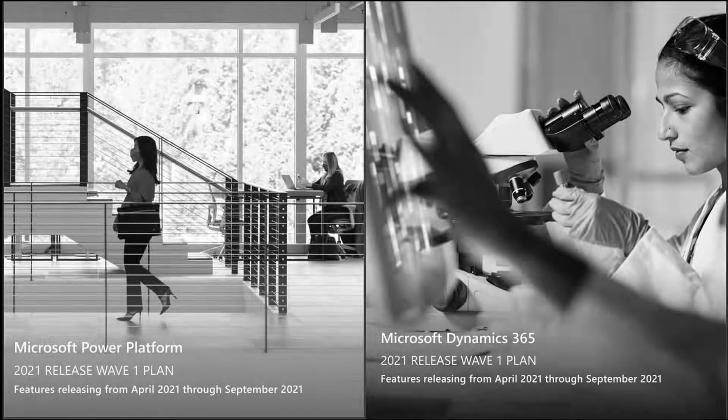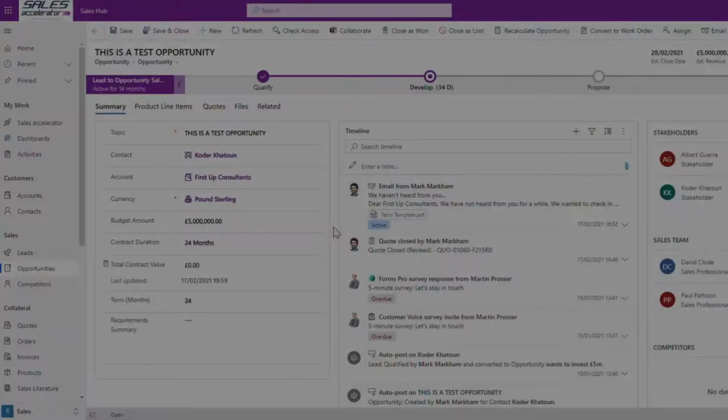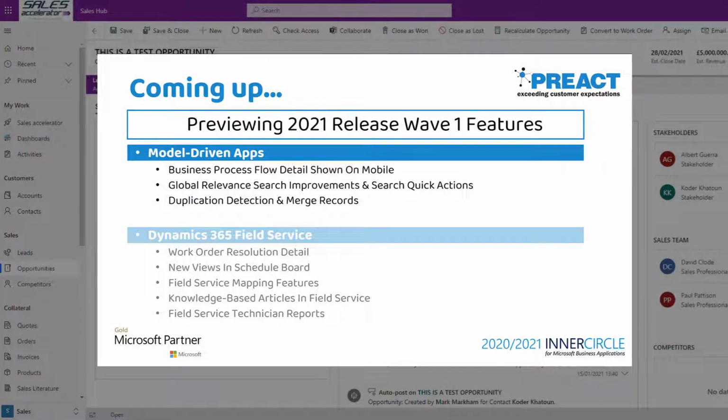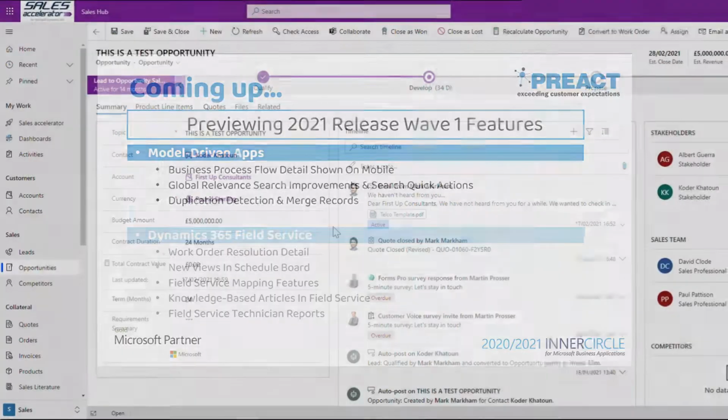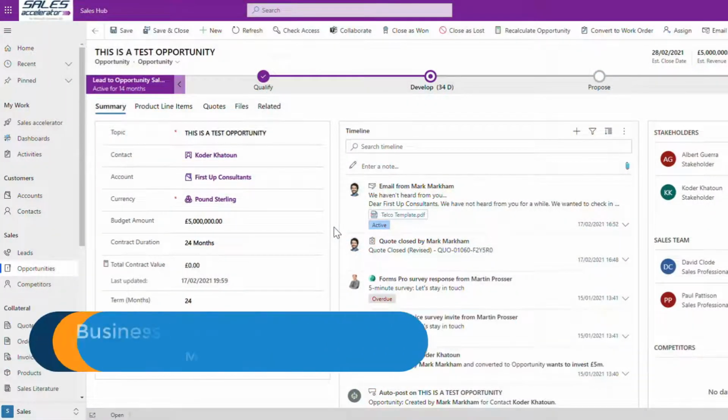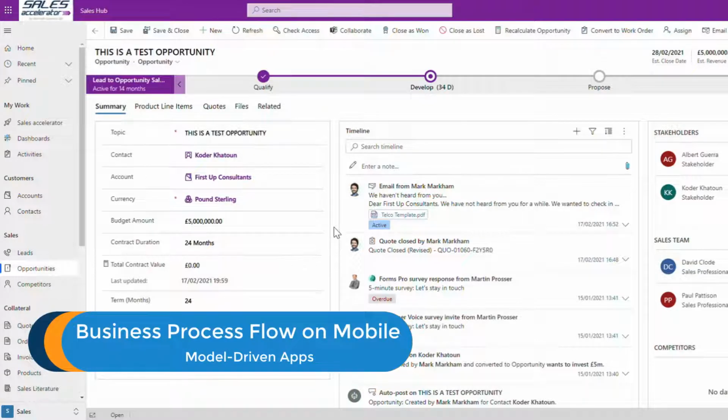We're just going to go through a few features for the 2021 release wave 1 that Microsoft have released. We're going to start with some model-driven app features, and then we're just going to move into the field service elements. One of the first things Microsoft have introduced to the mobile version is the ability to see the business